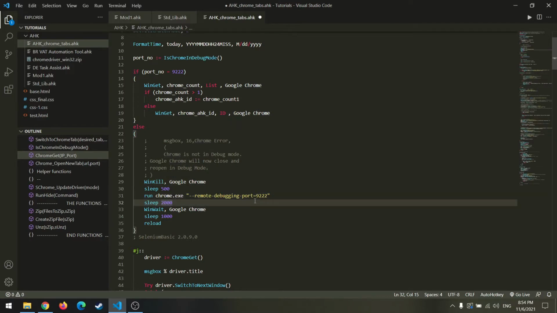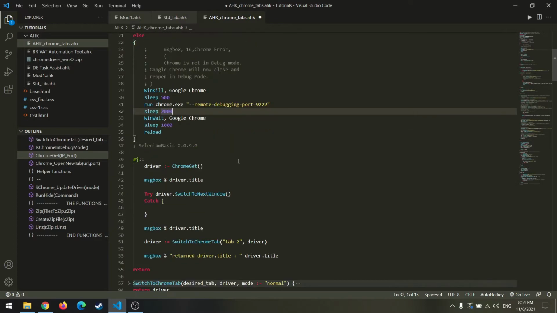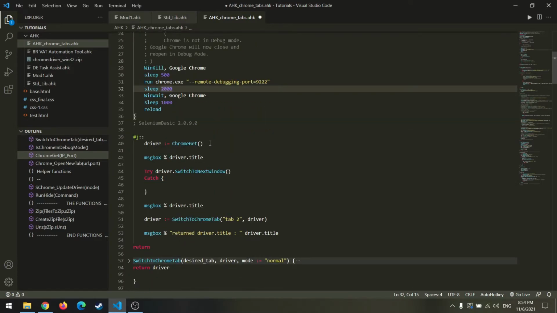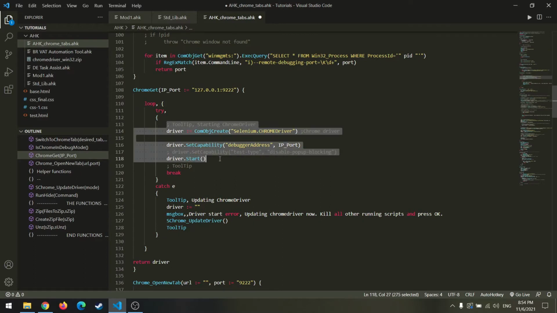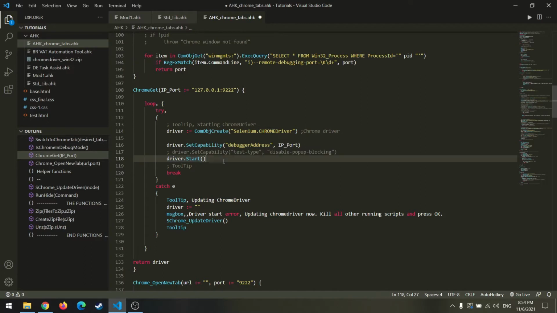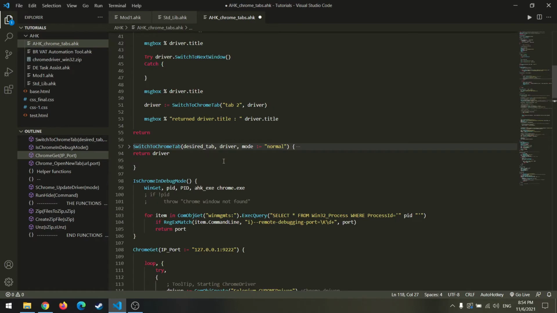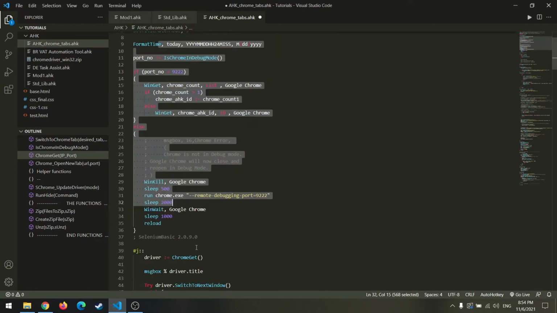in the debug mode. This is necessary in order to link the Selenium WebDriver with the Chrome browser, because as it is, if we run this code, if we create an instance of Selenium WebDriver and we do a driver start, it opens a new window of Chrome browser which says that it's being manipulated with an automation tool. To avoid that and to link it with an already running instance of the web browser, we follow this step.